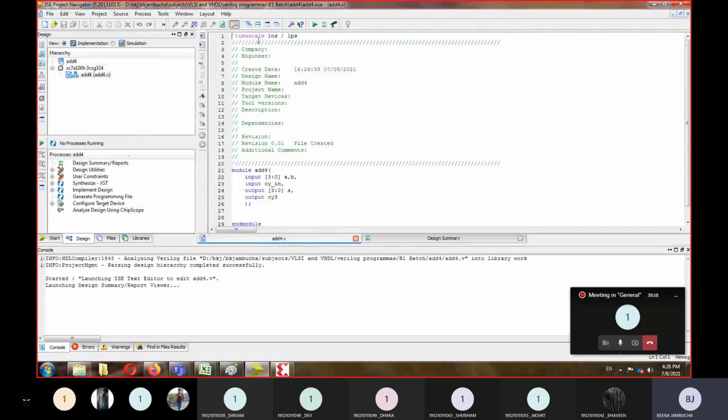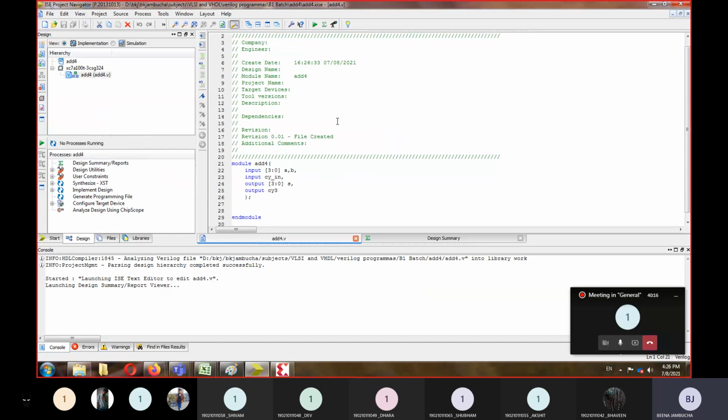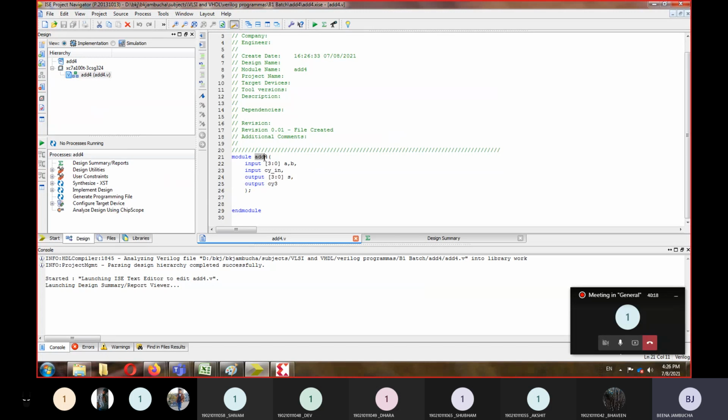Okay, so here time scale is used. The first task for any Verilog program is to define the time scale. So timescale 1 nanosecond is the unit of the time scale, and this is the resolution. Module name is add 4.